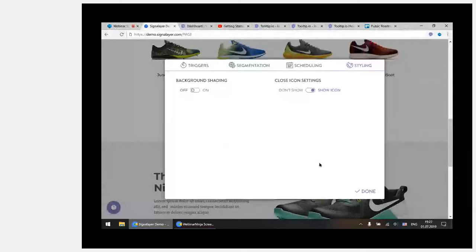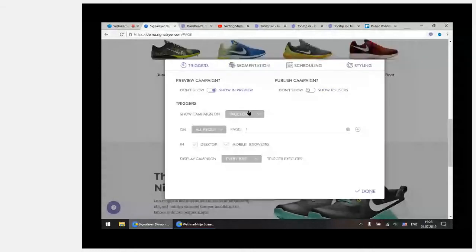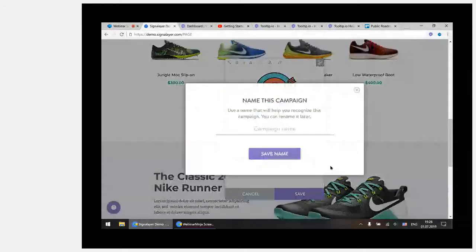We created our pop-up, we filled it out with an image, with a copy, we set up a button in there, and now we set up triggers, segmentation, scheduling, all the styling options. So I'm just going to do something very simple: page load on this specific homepage, desktop and mobile browser, and let's do this every single time. We click done, we click save, and now we name this campaign. Let's call it a pop-up,